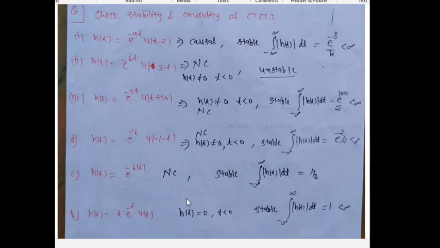This is stable and this is a causal system because s(t) is 0. Here it is given as t u(t). So u(t) is the step function, and what is the quality of the step function? When t is less than 0 it gives 0 and when t is greater than 0 it gives 1. So this system is causal and this is also stable. Please try to verify the answer. If you have any doubts you can ask me in the comment box. Thank you guys.